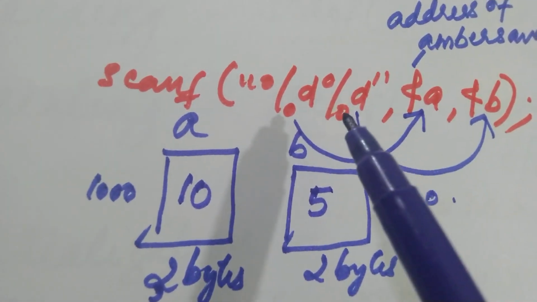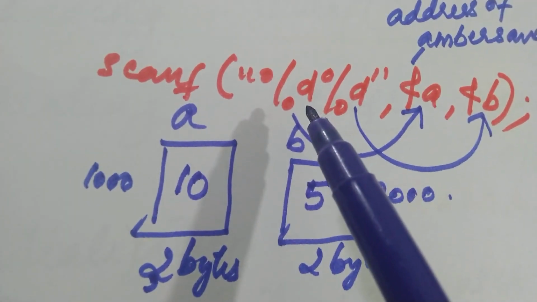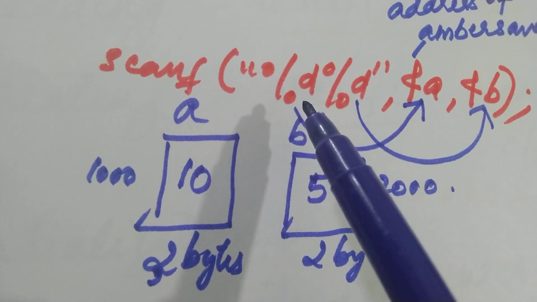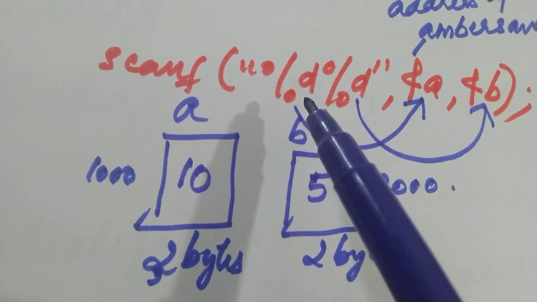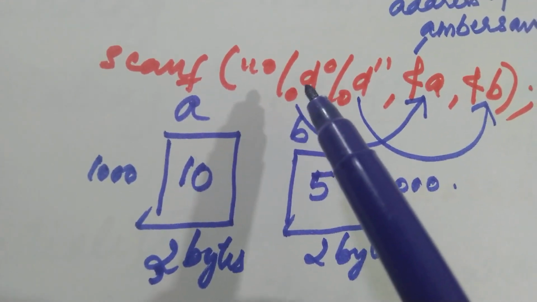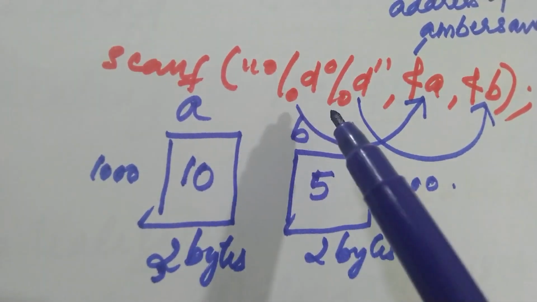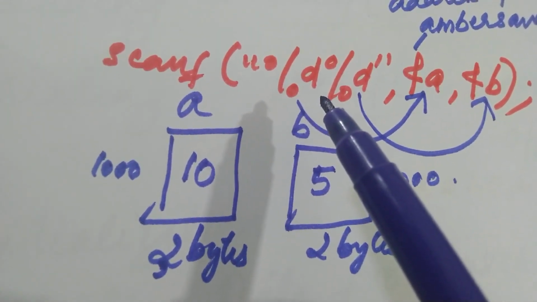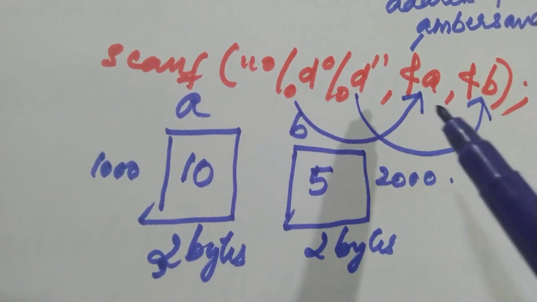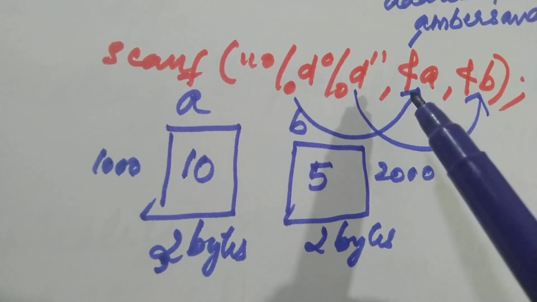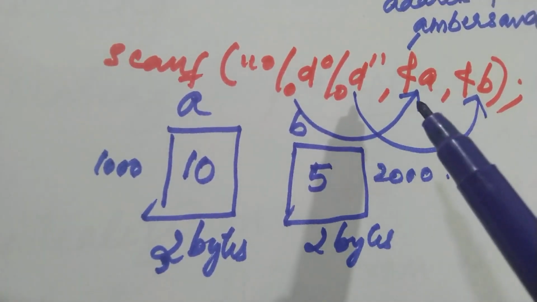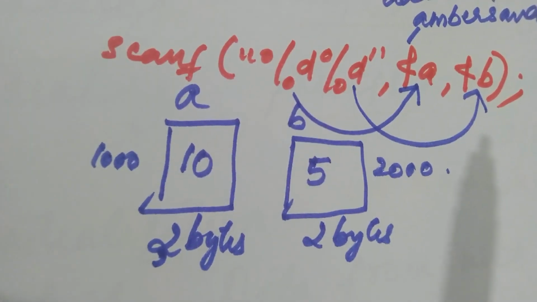So you have to keep in mind that while reading data, the number of type specifiers always depends on the number of data to be read, and also the symbol which we are going to use here always depends on the data type of the data. And here we have to specify the variables in which the data is going to be stored along with the ampersand symbol.